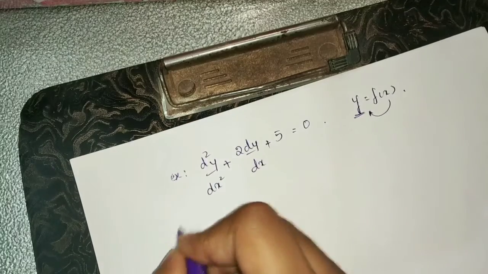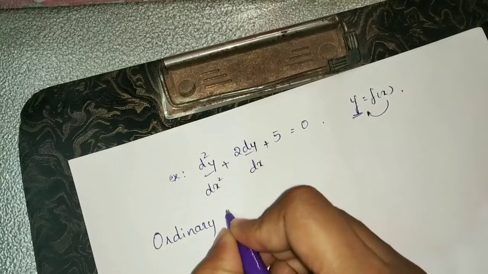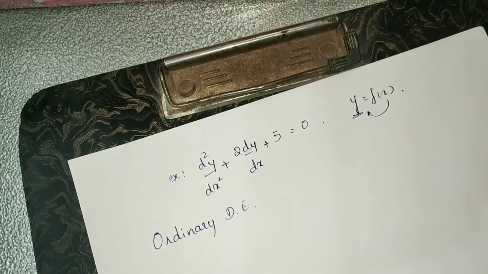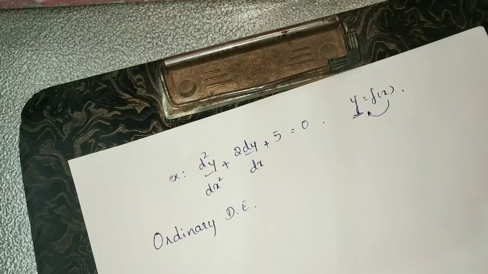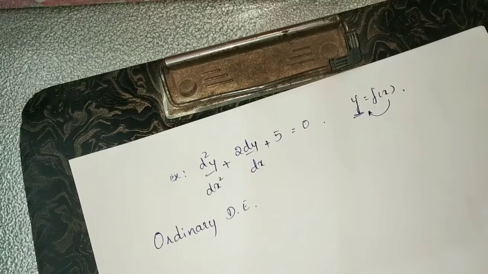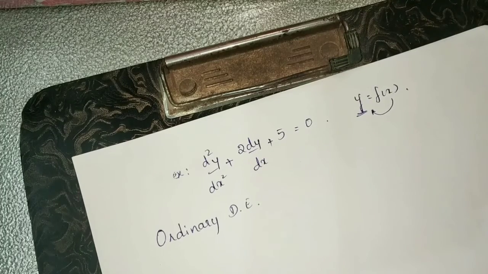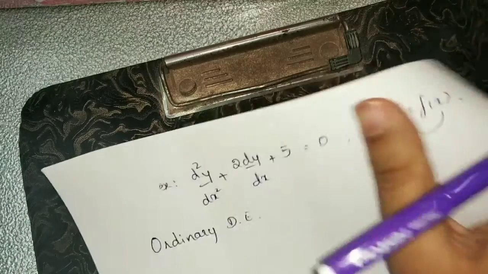So, in that, we have studied ordinary differential equations. A differential equation involving ordinary derivatives of one or more dependent variables with respect to a single independent variable. Here, the most important thing is that the independent variable is only one, and on that independent variable, two or more dependent variables can be there, so that we can construct a differential equation. That type of differential equation is called an ordinary differential equation.